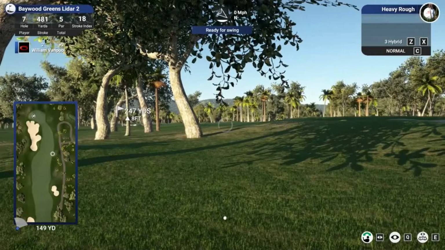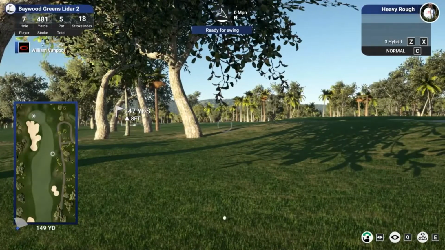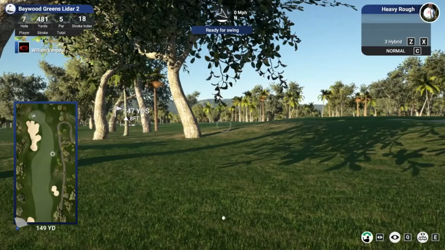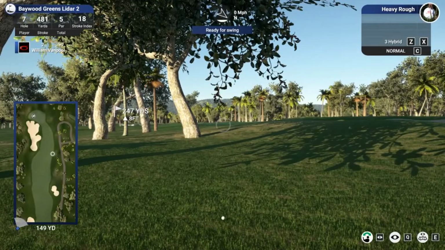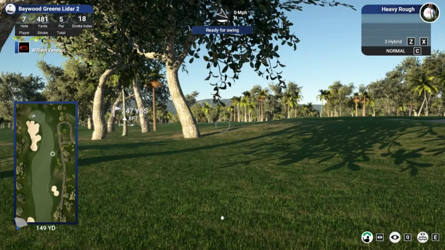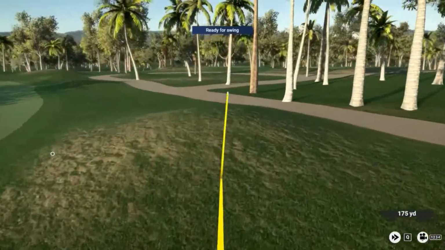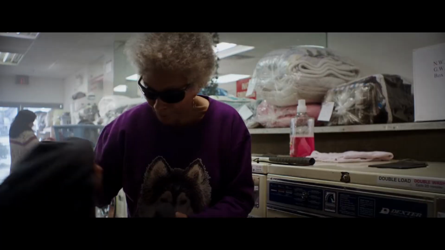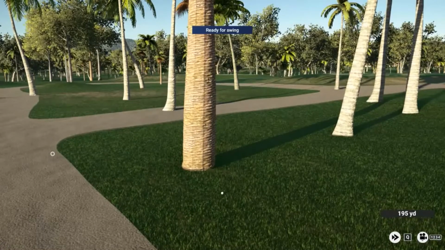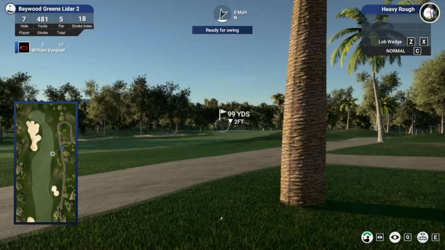So now I'm thinking, I'm still pretty safe. I'm not in too bad of a spot. I'm going to take my hybrid and draw around that tree, get myself back onto the fairway, and put myself in position to get on in three. And instead, I went straight with the hybrid into another big old cluster of trees. All right, so now I'm next to another tree, and really didn't deserve to get on this green in regulation,